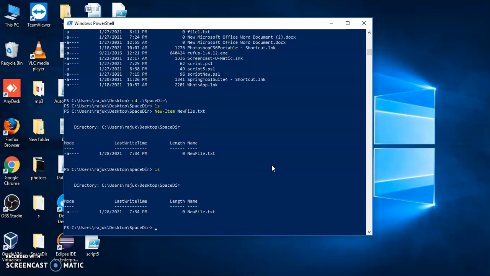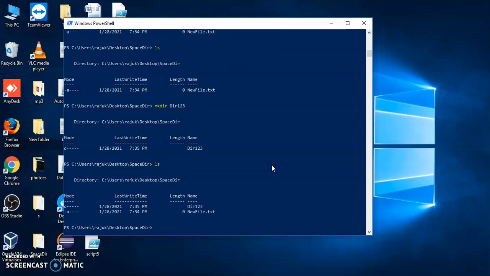If we want to create a directory, for that we have a command dir. No, for that we have mkdir, sorry. Now you can see this is a directory, dir123, and this one is the file, new file.